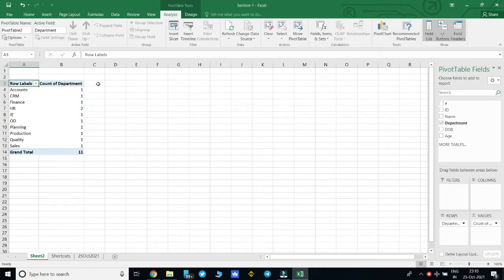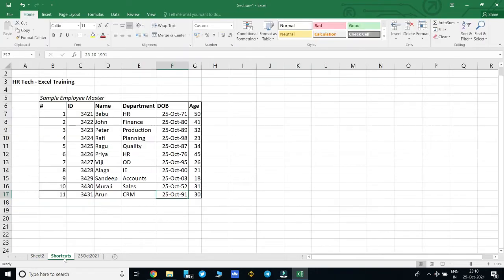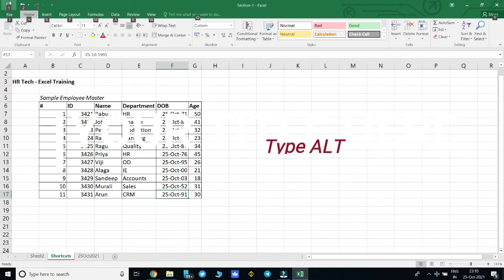So to avoid these many steps, what we can do is go here, and this is the simple way, and you can use it for any shortcuts. Just click the Alt key. So what you need to do is, on the keyboard, click Alt. If you click Alt, you can see all the shortcut